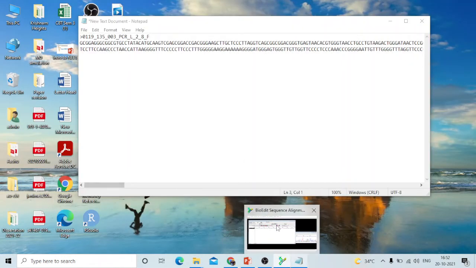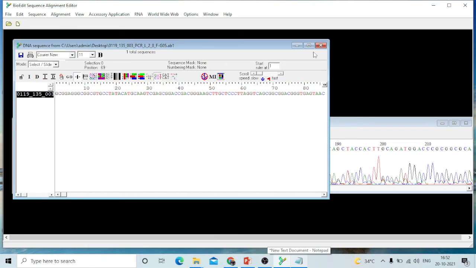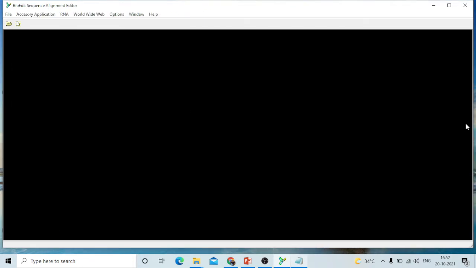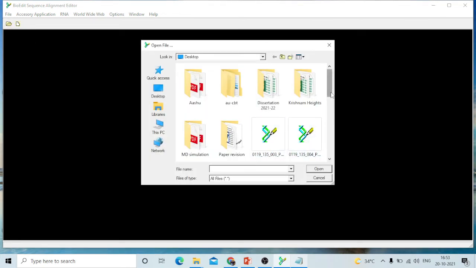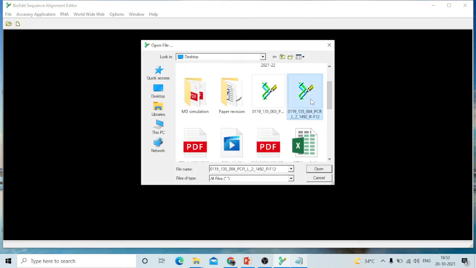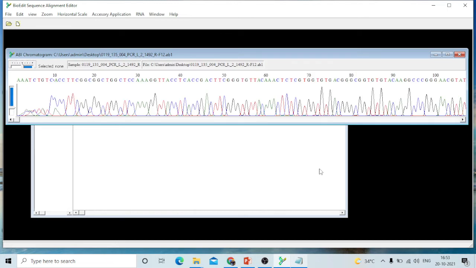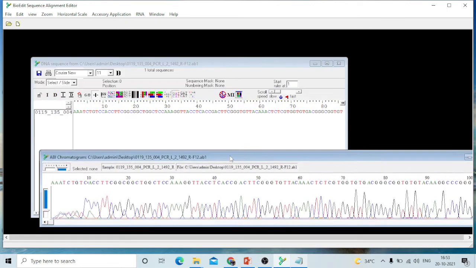No problem. Now let me close the first contig, and again open the second contig which I got from the company where I sent it for sequencing. So again I have another chromatogram. The same step you have to perform with this also, so that you are able to convert this chromatogram into ATGC.